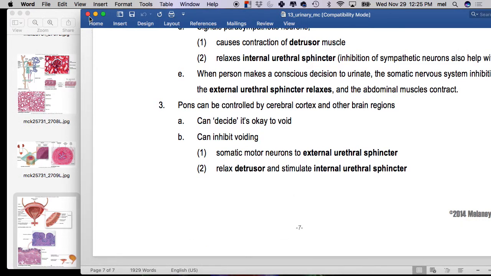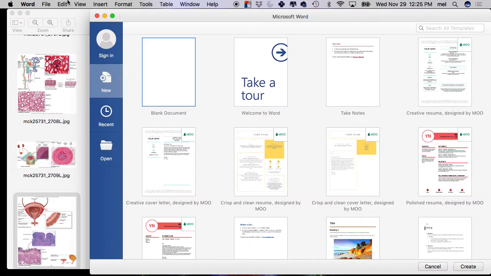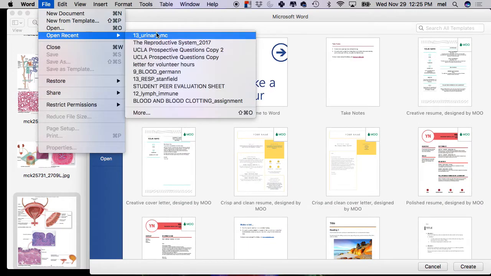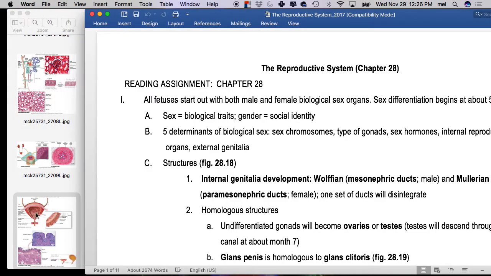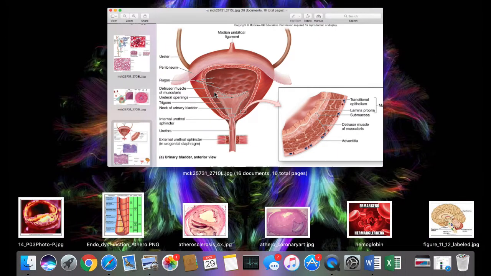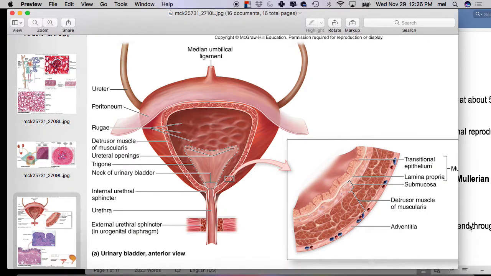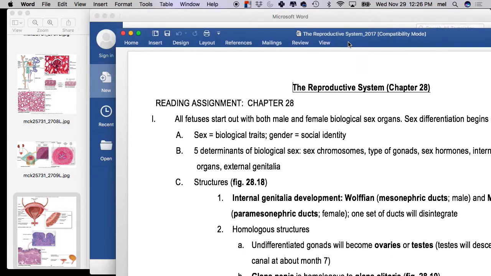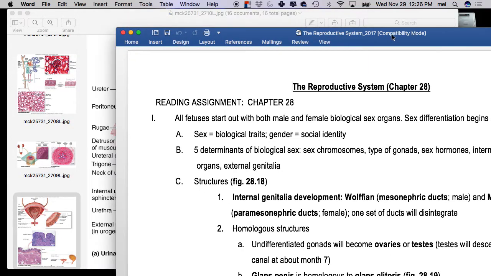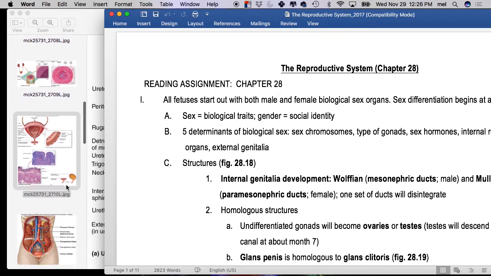All right, so that's how the urinary system works, and then we are going to start with the reproductive system. One of the reasons that the reproductive system is my favorite